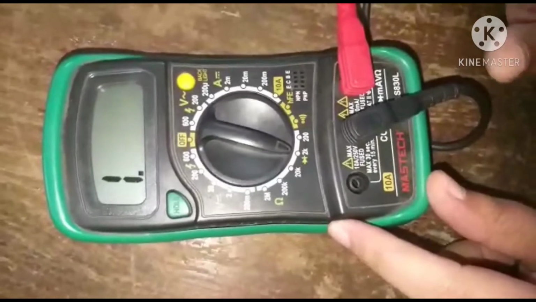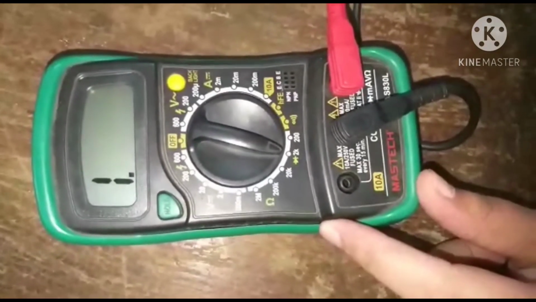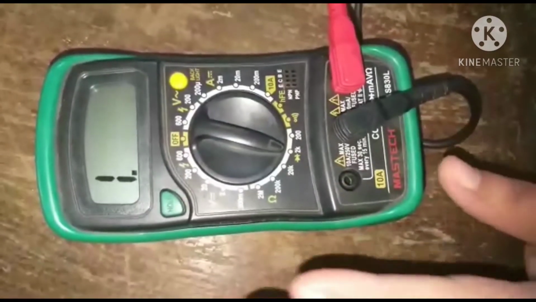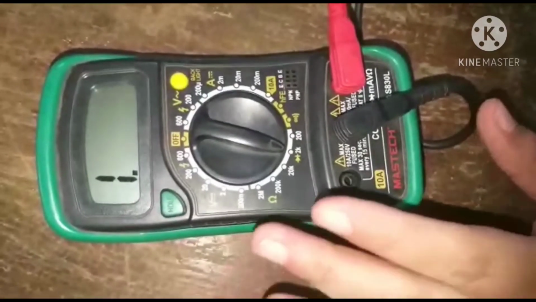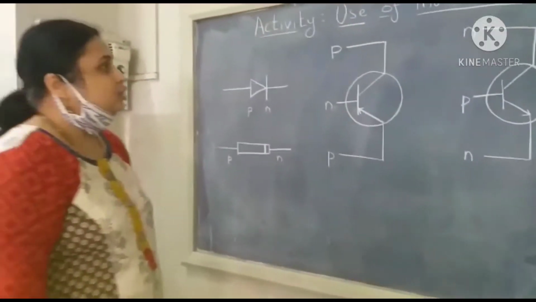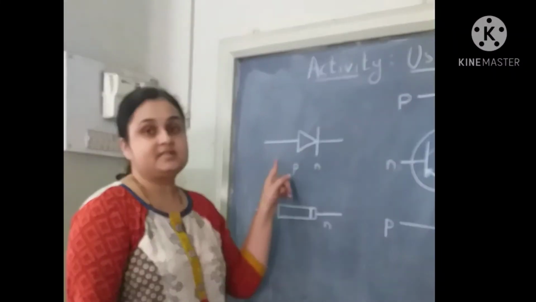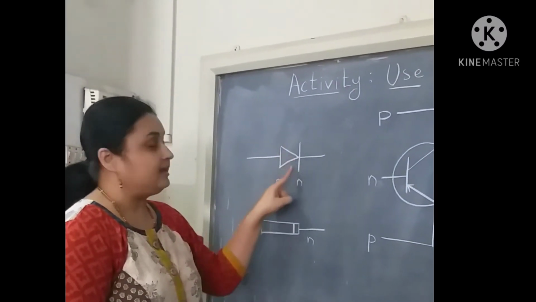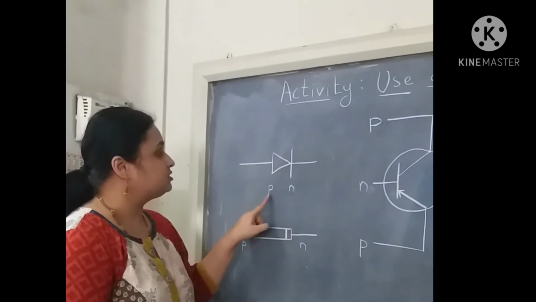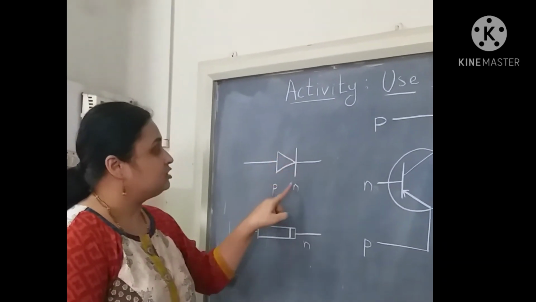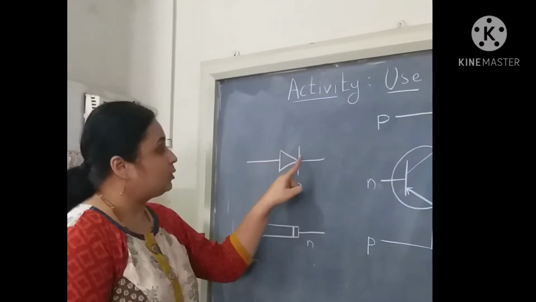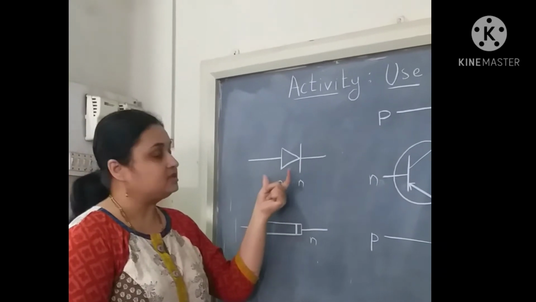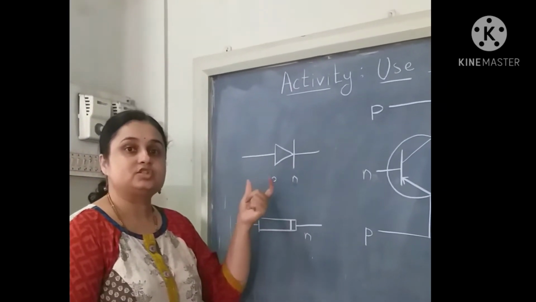Now let's see what are the different semiconductor devices that we are going to use. The first and the simplest semiconductor device is a diode. You already know. Now let's see what this diode is. This is the symbol for a diode, a triangle and a line. This triangle always shows the P part and this line shows the N part. Together, the triangle and the line form the PN junction. This is the PN junction or the diode. We call it a PN junction diode also.